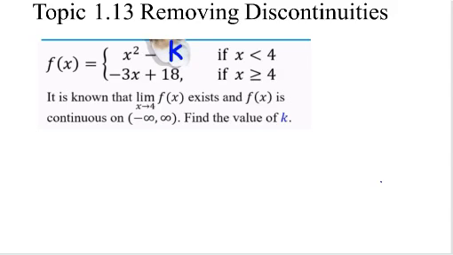All right, we've already talked about a lot of the stuff that's in topic 1.13, but let's take a quick look at what's going on here. We're talking about the idea of removing a discontinuity or filling the hole. Let's start off with our three conditions. All right, we have talked about three conditions